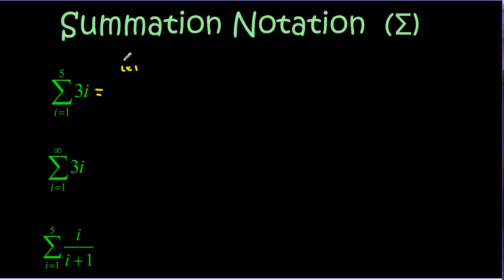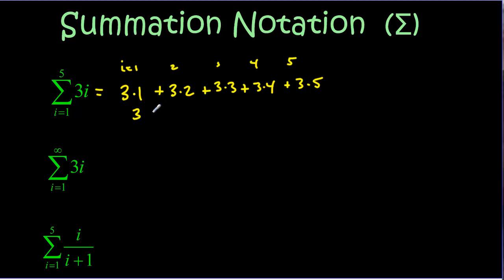So if I was going to expand out this series here, we would start with I equals 1, 2, 3, 4, and 5. And we would plug those i's in this formula. So here we've got 3 times 1. And here we would have 3 times 2, 3 times 3, 3 times 4, and 3 times 5, and the sigma means summation, so we would be adding all of those numbers together. So this would be